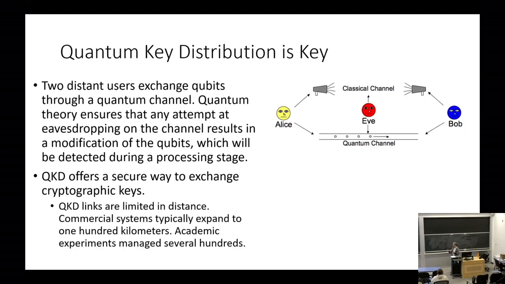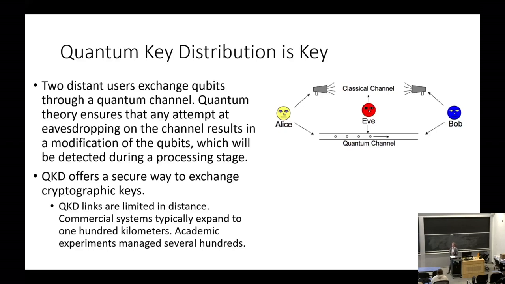And with a proper protocol, we'll give an example of one in a second, quantum theory ensures that any attempt to eavesdrop on this quantum channel results in modification of the qubits, which Alice and Bob will be able to detect during some kind of processing stage. The processing stage might be a phone call, for example. So quantum key distribution offers a secure way to exchange these